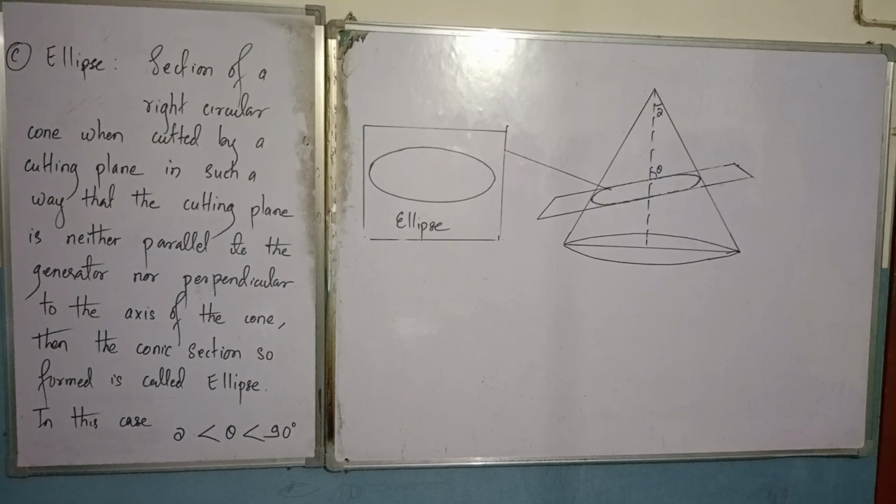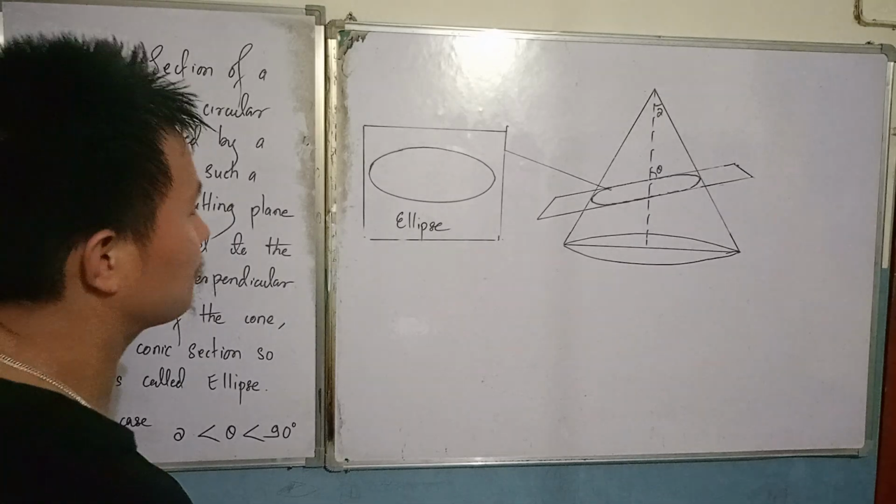Okay, now let's move on to another conic section, that is the ellipse. You already have the figure of the ellipse on the board. So in what case is an ellipse formed? In this case, for the ellipse part,